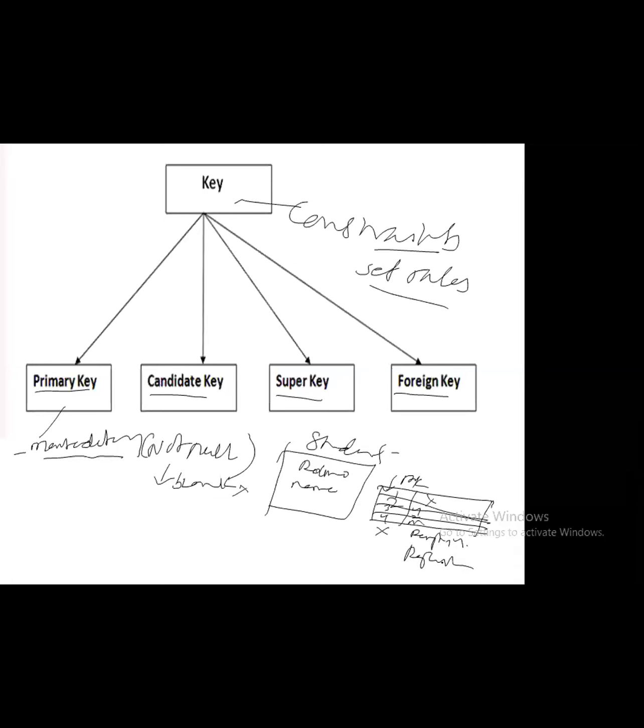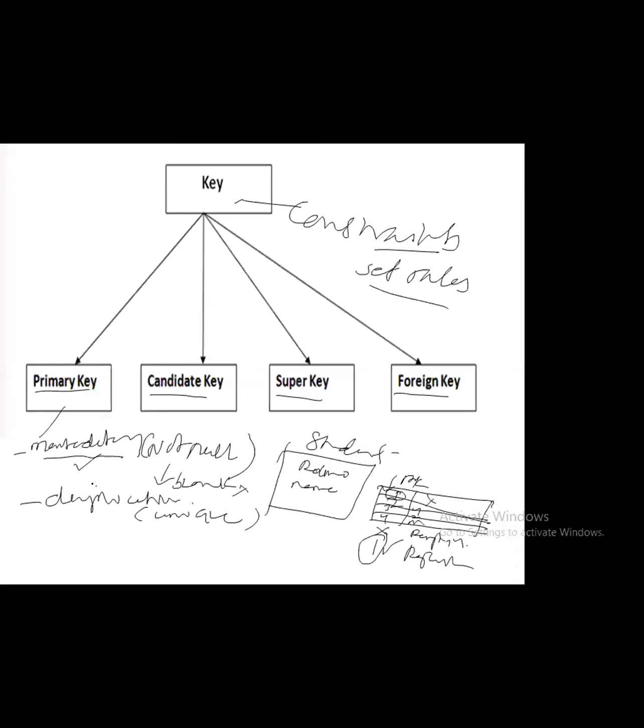Okay, I say 1. Now what is the case here? I have given 1, and it is stored according to the definition. But what is happening here? Duplicate. See here, 1 is already there and I'm trying to enter the value. That means it is not going to allow a duplicate. So the definition says that a primary key is not only mandatory, it is compulsory, it should not be kept blank, or you should not put any spaces or anything like that, and it does not allow any duplicates. So duplicates are not allowed, and it is going to maintain unique values.